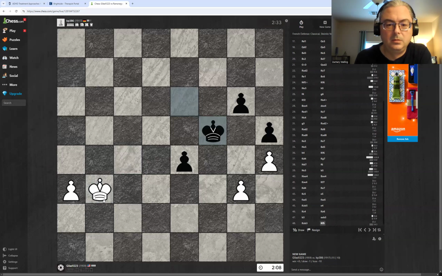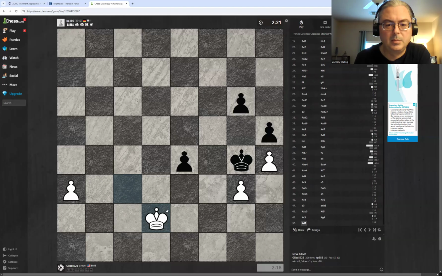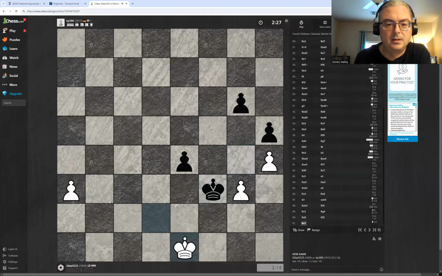Ah, so you're going to let me. If I start running, he gets this, then I'm toast. So I gotta take this. I can't give him the queening square. And if he goes this way to try and snack on these pawns, then I run and he's toast. So he's got no choice